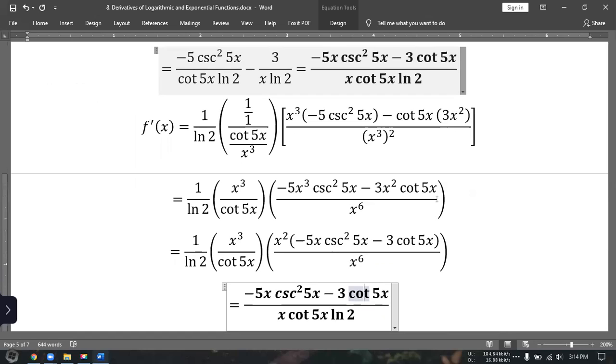So regardless of applying the quotient rule or the properties of logarithm, we should arrive at the same final answer: negative 5x cosecant square 5x minus 3 cotangent 5x over x cotangent 5x natural logarithm 2. And then I think this is the last